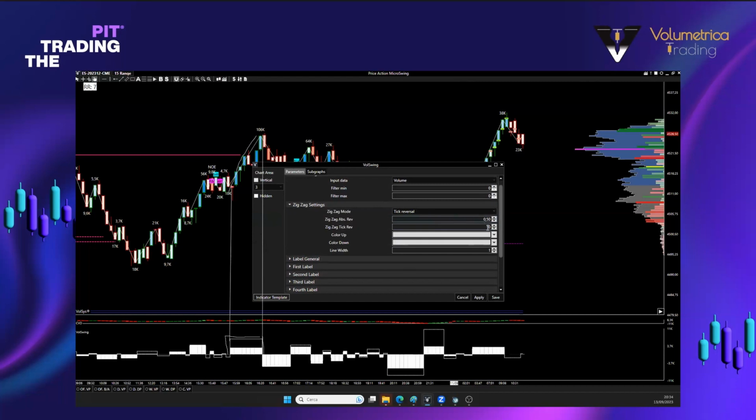That means that wherever I have a swing to the upside, every time it retraces back 10 ticks +1 from the absolute high or the absolute low of the swing, that will turn